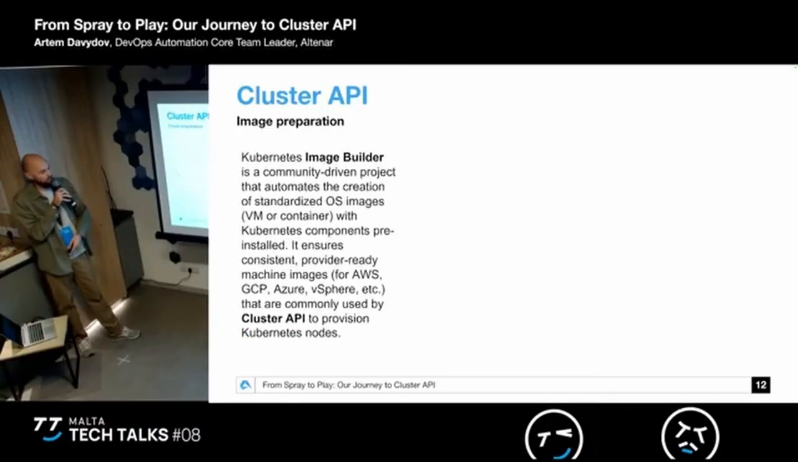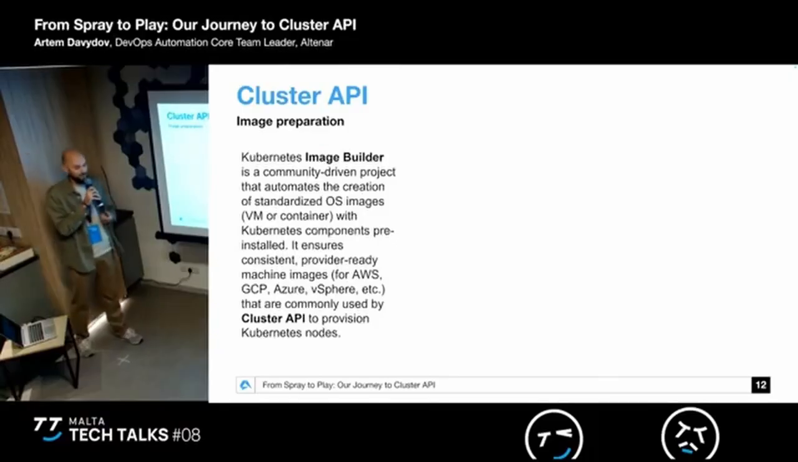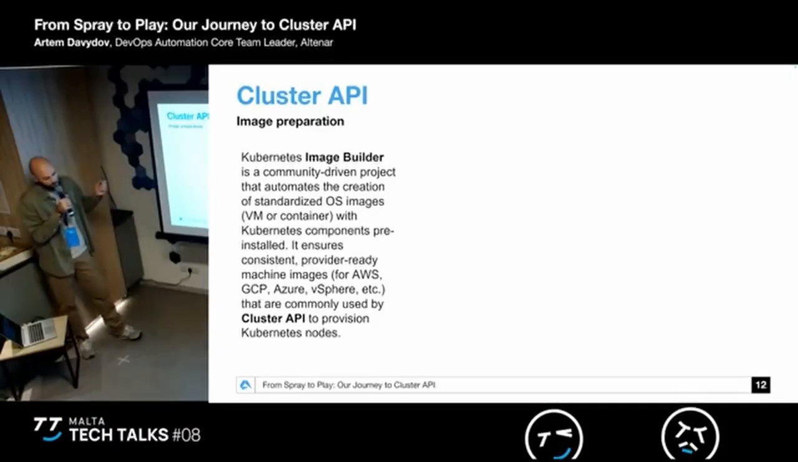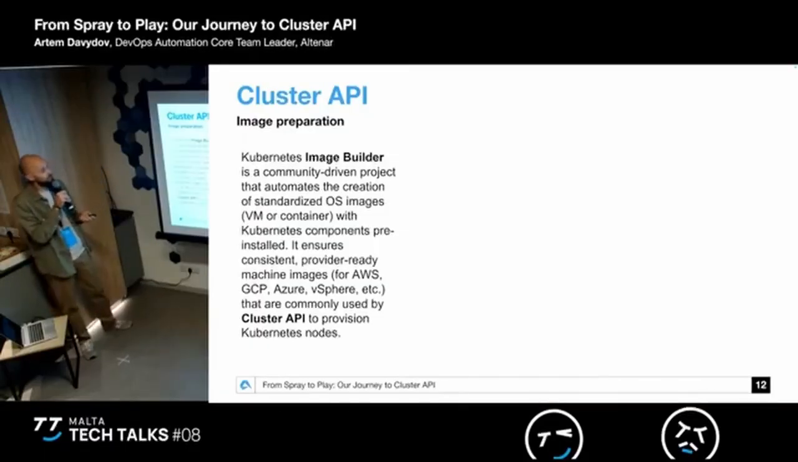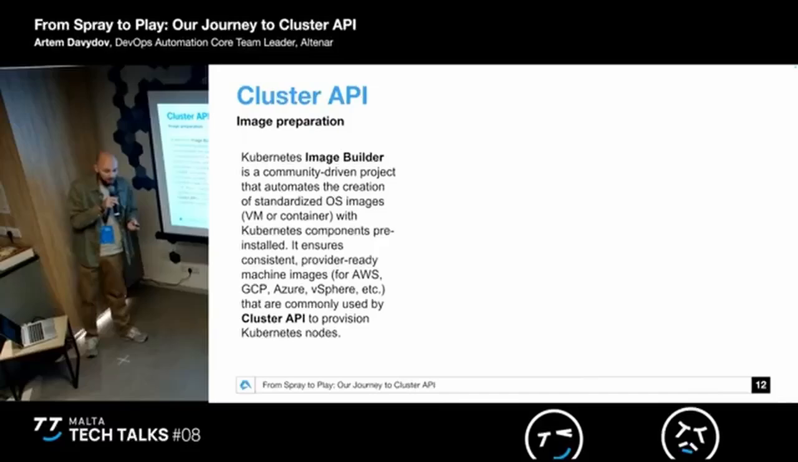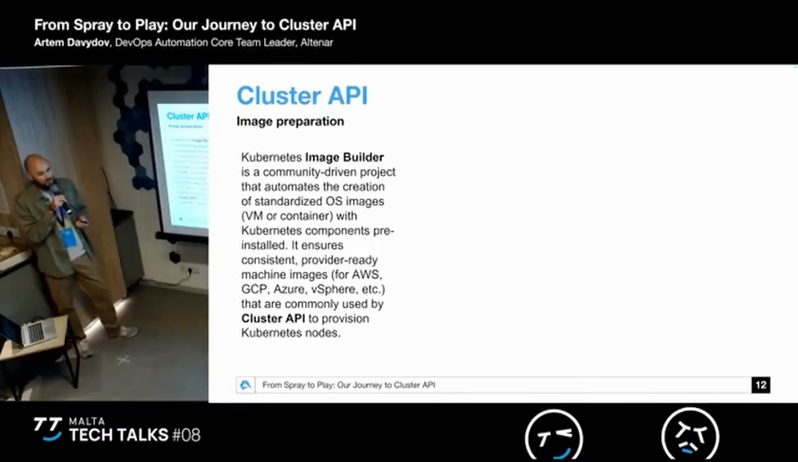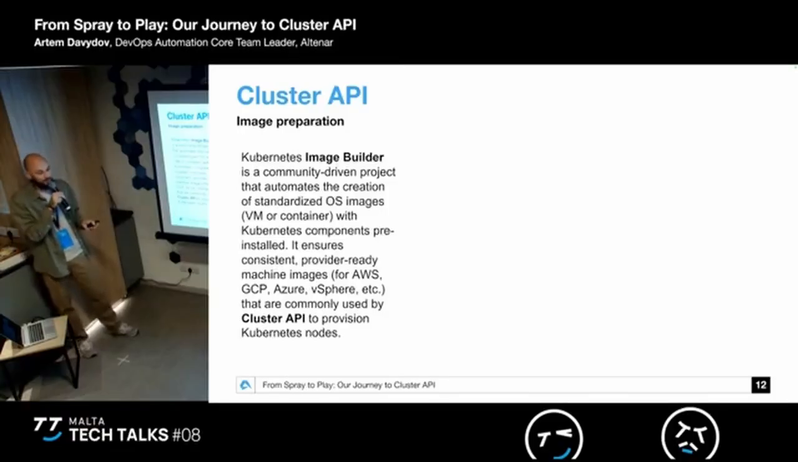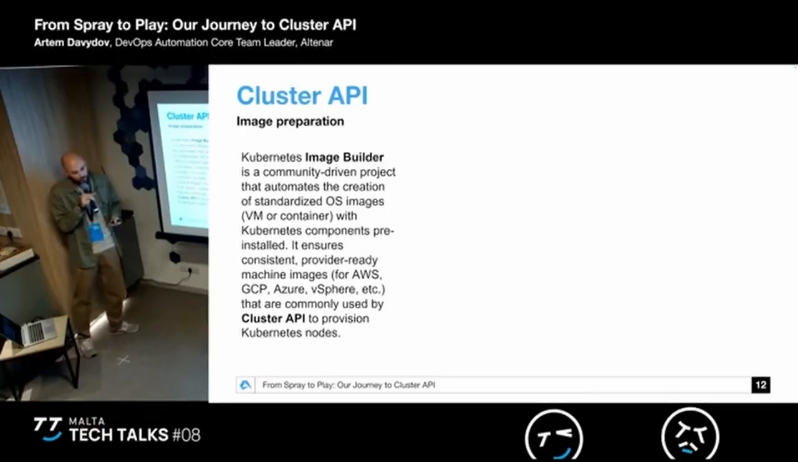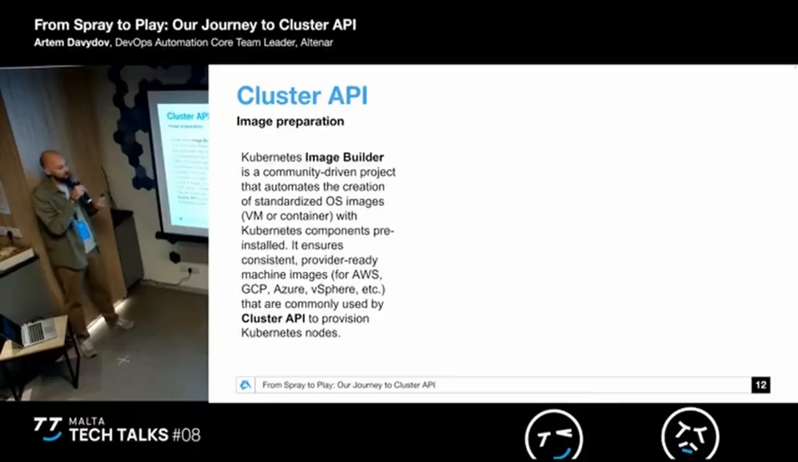So, yeah, image preparation. We have chosen the distro. Now we need to cook it. First of all, how to do it? The way to prepare an image is with the tool Image Builder. Image Builder is another tool. It helps you to create an image with